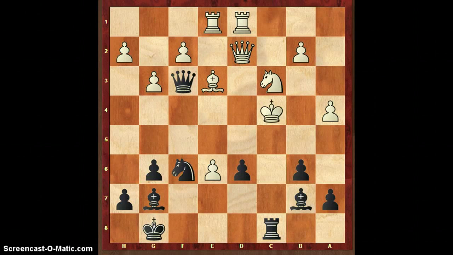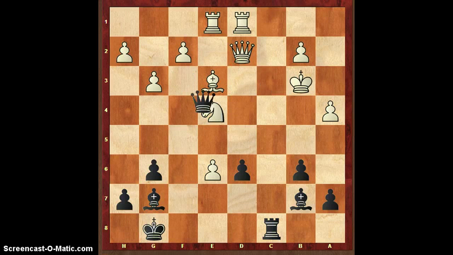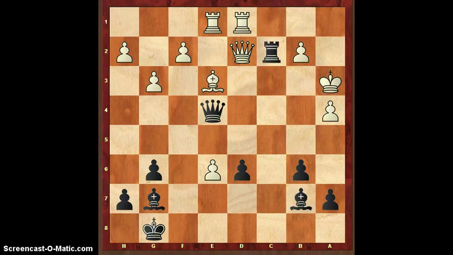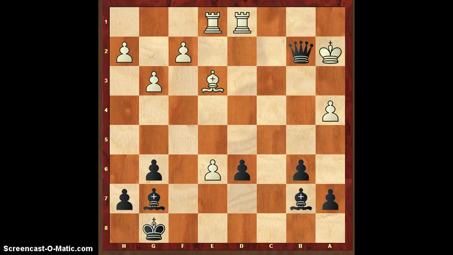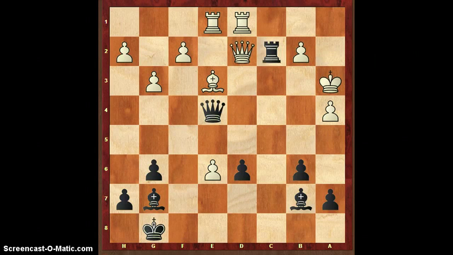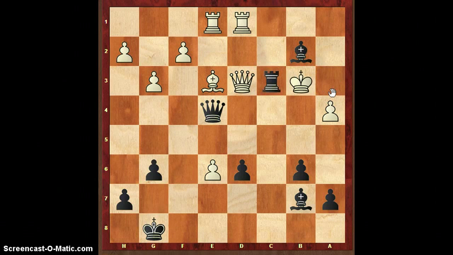If king goes to b3, then knight to e4, attacking the queen, knight takes knight, queen takes knight, king to a3, and rook to c2, attacking the queen. If queen takes rook, then checkmate, and if queen to d3, then Rashid will play bishop to b2, attacking the king, sorry, king to b3, and Zak will lose his queen.